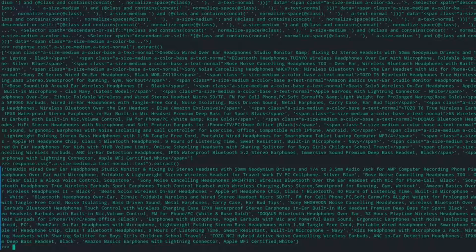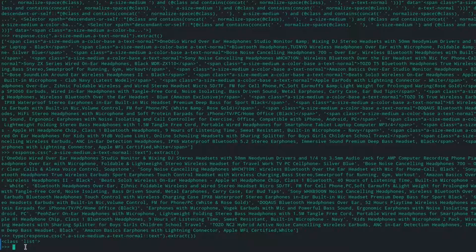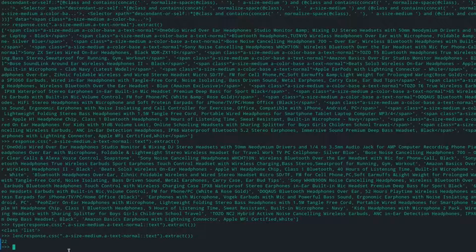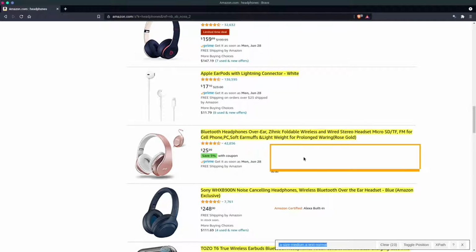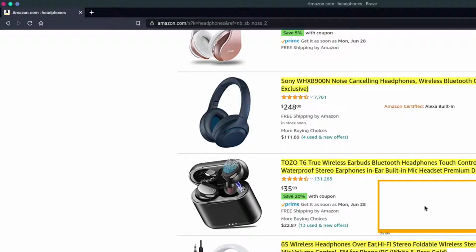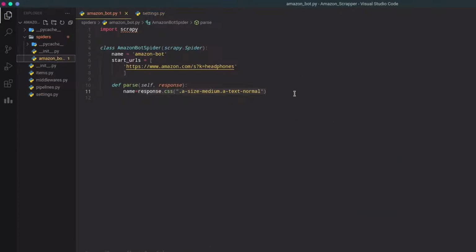Now let's see what type we got our data in. So I write the same code and surround it by type, because after all it's just Python. So I'll just write type. As you can see we got it in the form of a list. So let's see the length of it, that means how many records we extracted. So we got around 22 records, and if we go back and check, it was supposed to give 23 records. So it's fine. Now I'll go back to our project and write the same thing